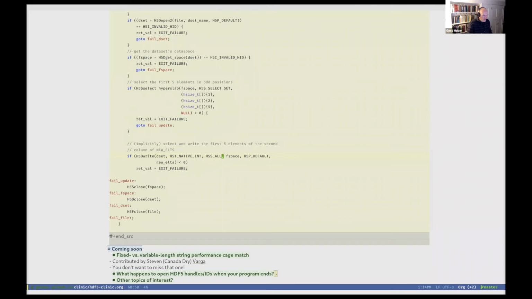What does that really mean? Because I can have a selection defined on this file space here, and there's no selection on the other. So what does the library do? How does the library know what this destination really is?